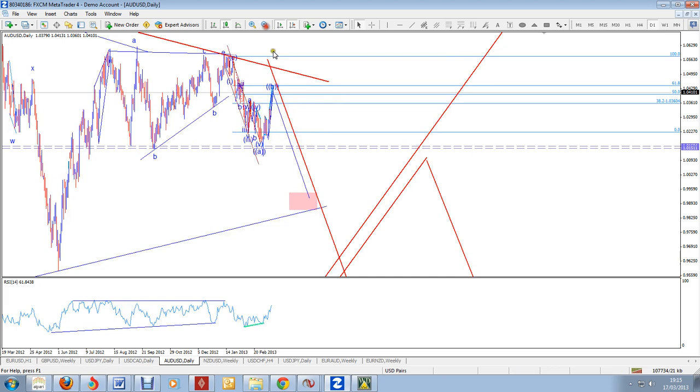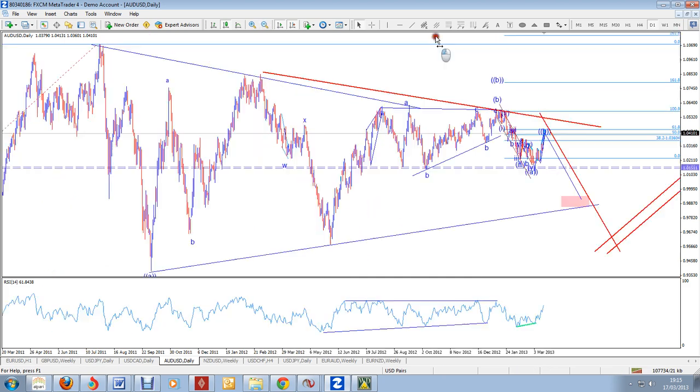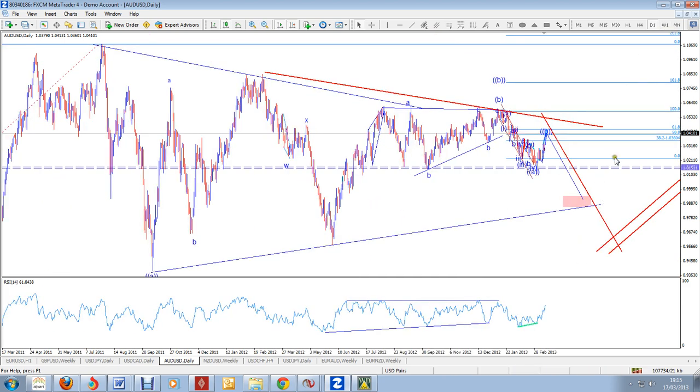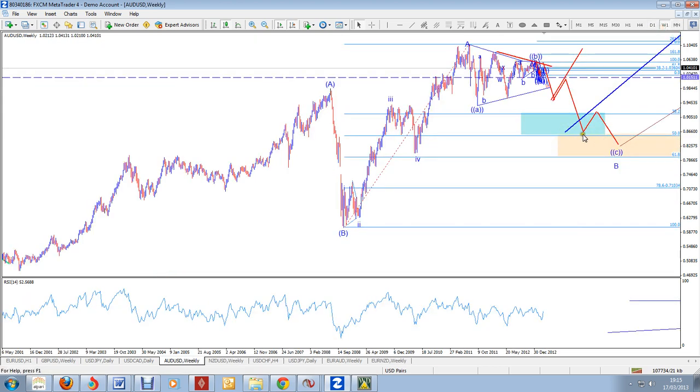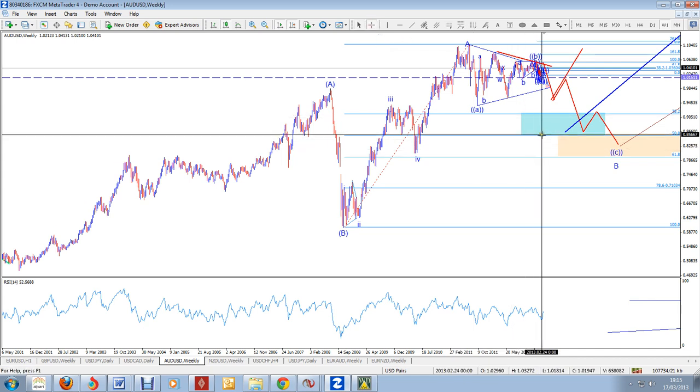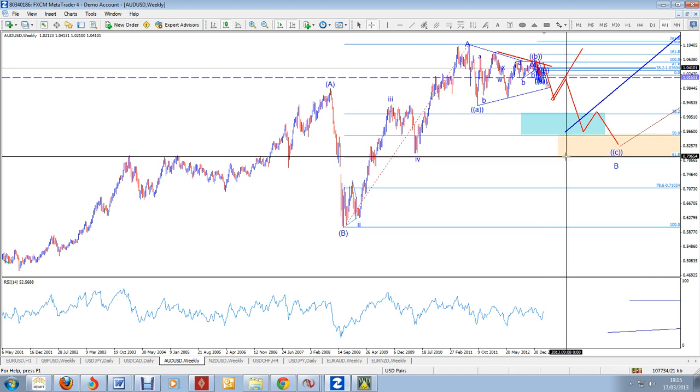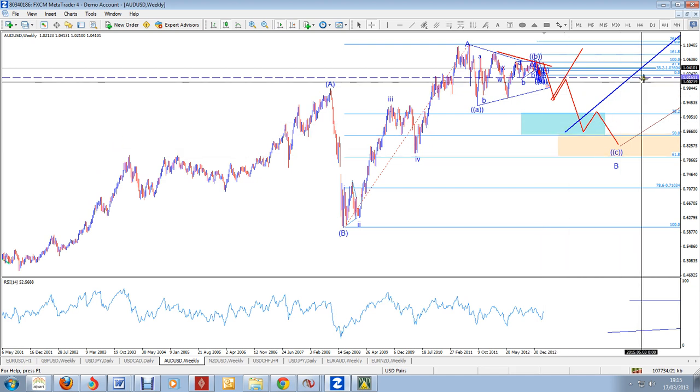And if that triangle plays out, then we're expecting this wave to bounce back strongly from here to the upside, or we might get Aussie becoming quite weak, and actually going all the way down to somewhere in the area that I identified earlier, back towards the 85 or 80 area, before having a second leg up. Okay,